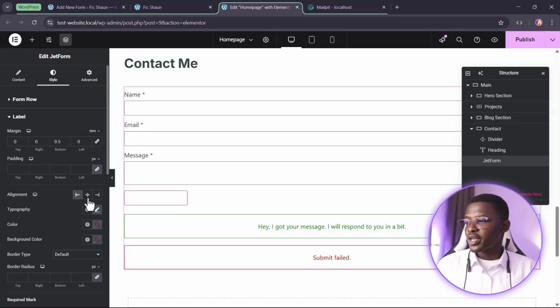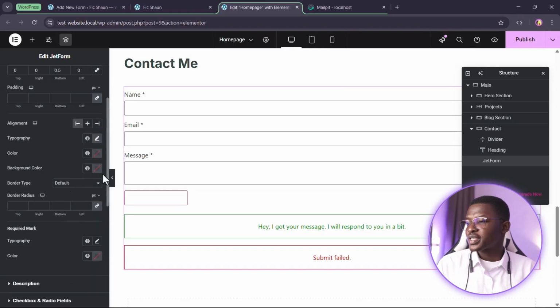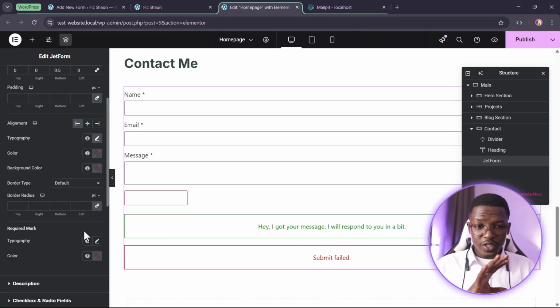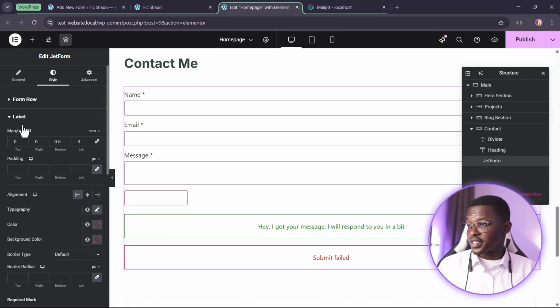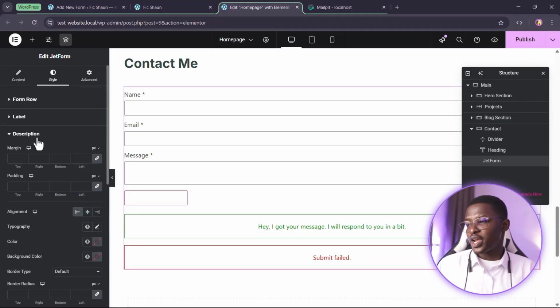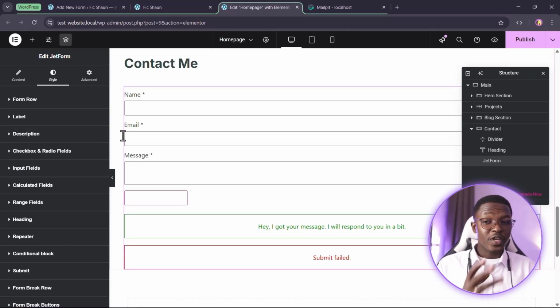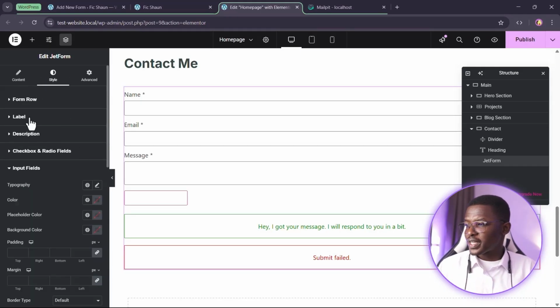If we want to, we can also select typography settings. We can select the color. We can select the background color of the label. We can select pretty much a lot of stuff here. But we want to keep things very, very simple. As you can see, you can select almost every area here. You have description, you have checkbox or radio fields. If you have those fields inside of your form, you have input fields, the general input field settings right here,